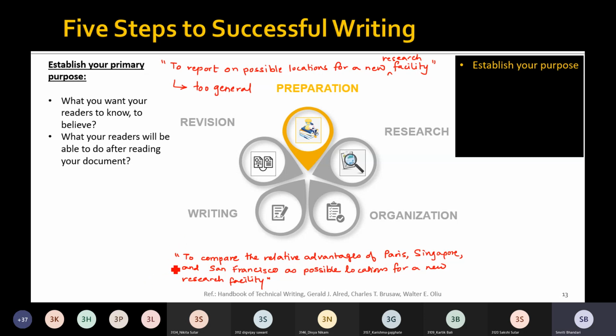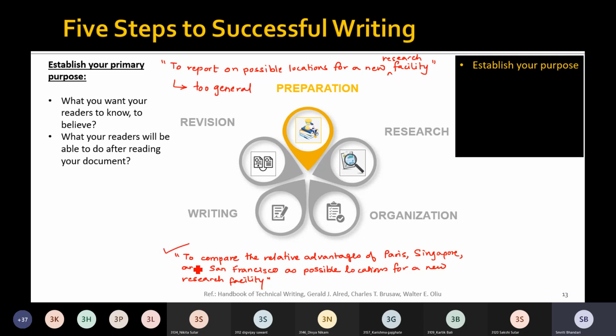Right? Sometimes such a specific purpose may be more accepted because this purpose statement can guide you throughout the writing process.